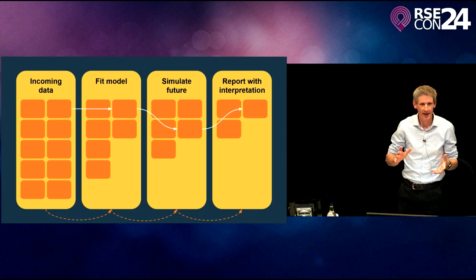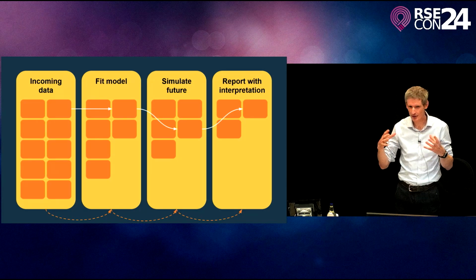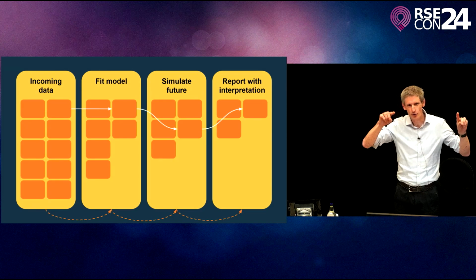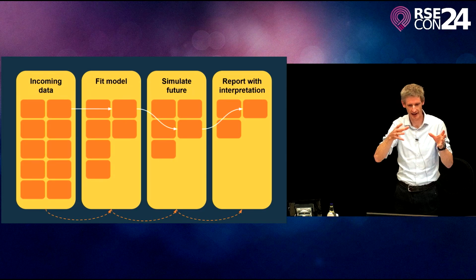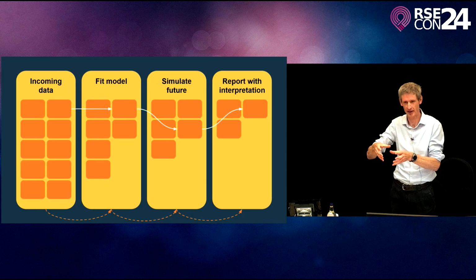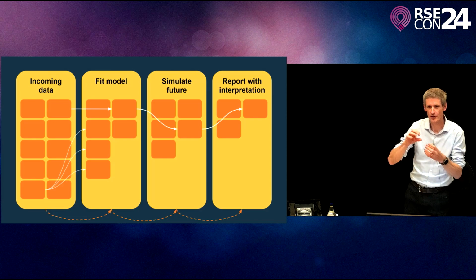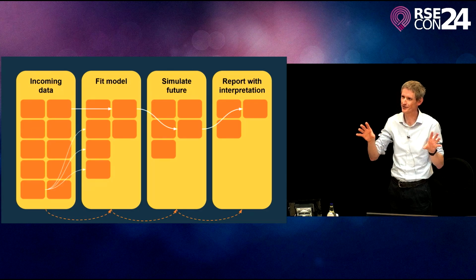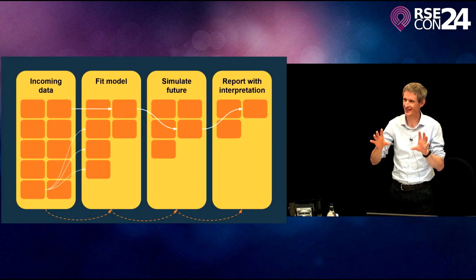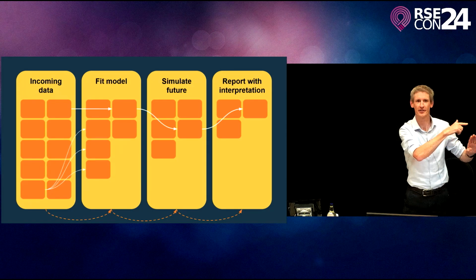So there's a bit of detail about this. There's a subtlety in this graph that I think is really cool, and I don't think we're still trying to work it out. You draw a graph over these conceptual bits of analysis. Incoming data goes into fitting the model, goes into simulating some future, goes into a report of interpretation. But actually, the real graph is these concrete graphs between the individual packets, not between this conceptual piece of work. And this graph exists in reality. It's not this hypothetical that you get with a workflow tool, right? You can just drill back through and say what went into it.